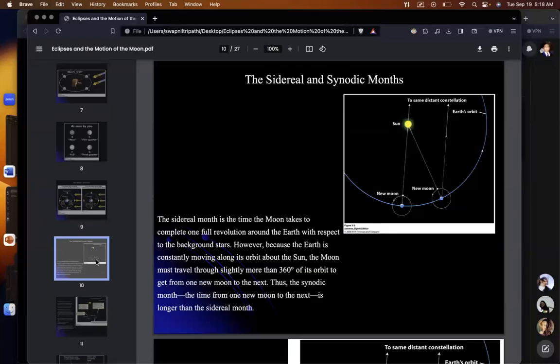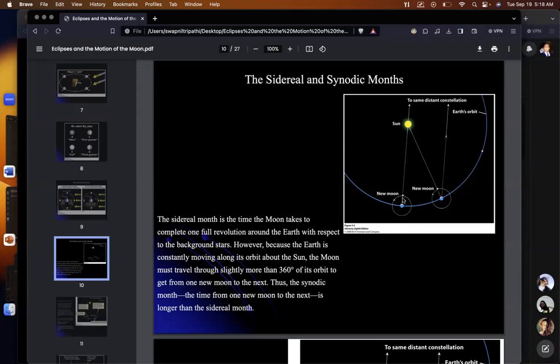Sidereal and synodic months. Remember, we had the sidereal and solar day. Similarly, when it comes to the moon, there's this sidereal and synodic month. So sidereal month is the time in which the moon completes one full 360-degree rotation around the Earth. And if you look at these two diagrams,